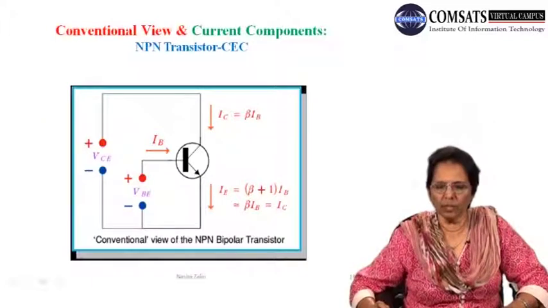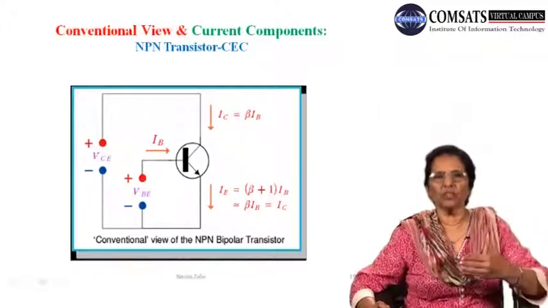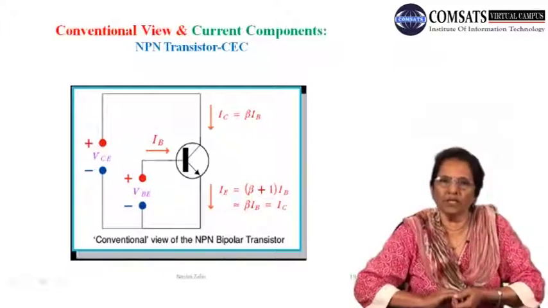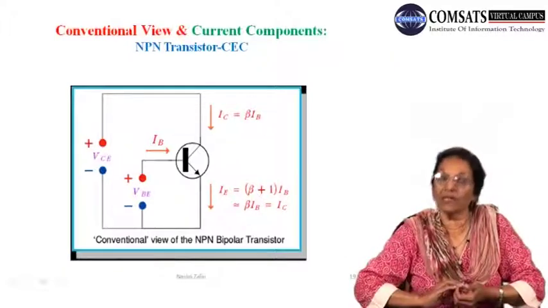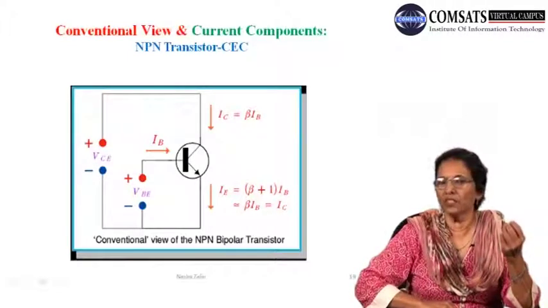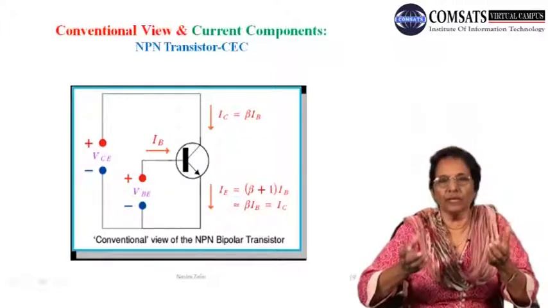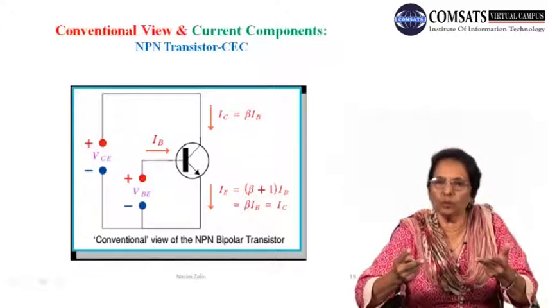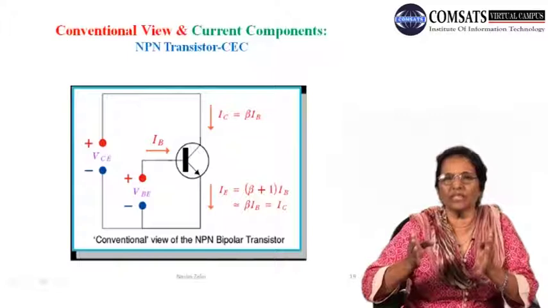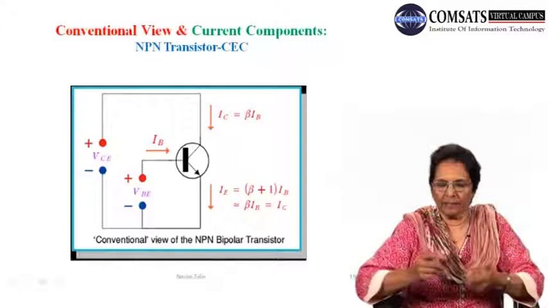अब मैं आ जाती हूँ different current components की तरफ, क्योंकि अभी तक मैंने सिर्फ आपको आउटपुट कैरेक्टरिस्टिक प्लॉट करके दिखाई थी। अब हम क्वांटिटेटिवली या क्वालिटेटिवली इन वेरियस करंट कंपोनेंट्स की बात करते हैं, क्योंकि सो फार मैंने बात की थी सिर्फ IE यानी इमिटर करंट की। इमिटर करंट जो है वो कंसिस्ट ऑफ टू पार्ट्स। तो लेट्स ट्राई टू अंडरस्टैंड कि ये टू पार्ट्स कौन से हैं और किस तरह हैं।